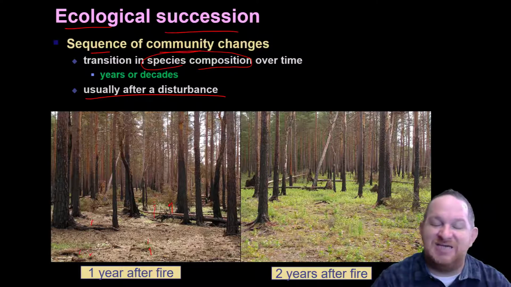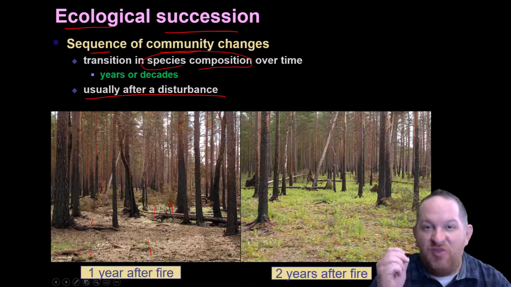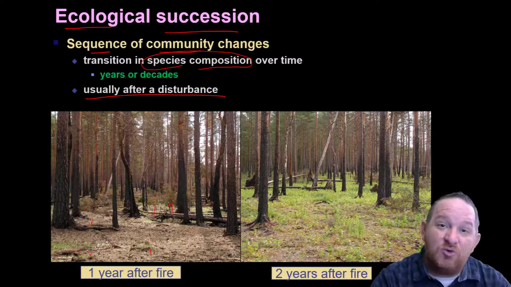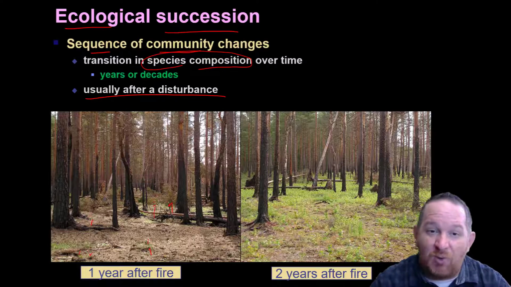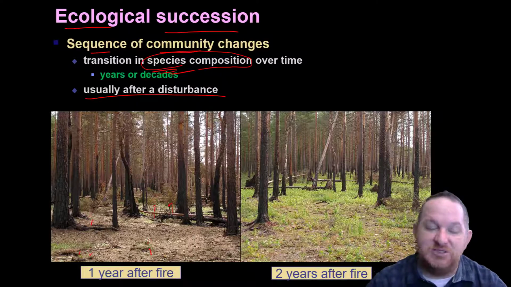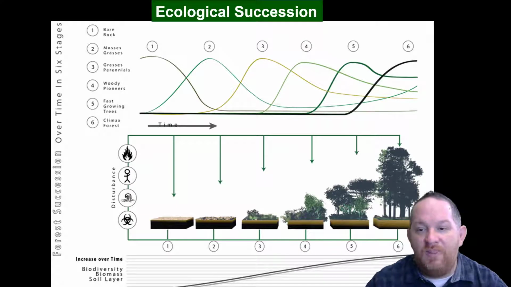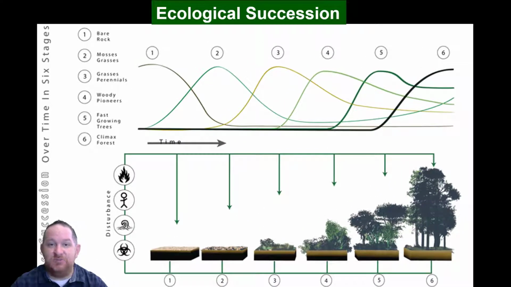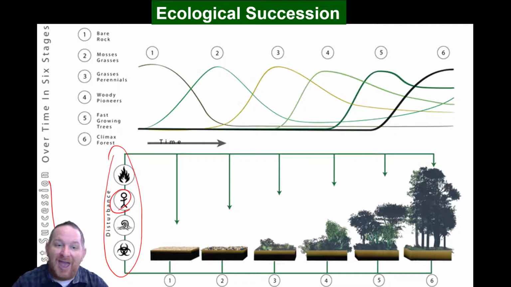So when we talk about succession, what we're talking about is how the sequence of a community changes over time and what species make up that composition over time. So there is a pattern to this we call ecological succession. And this is the succession of a forest. So what you see here is, let's say there was some disturbance. Maybe there was a fire, some tsunami, or something caused by humans. And the earth was taken back to just the soil. Well, or in this case, bare rock.